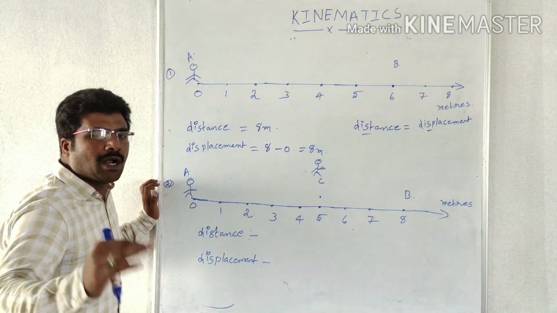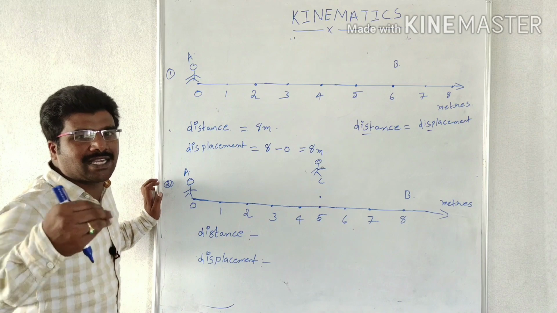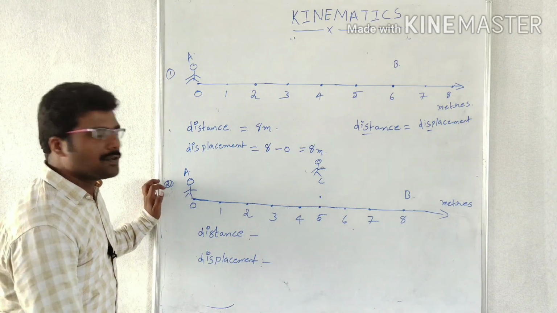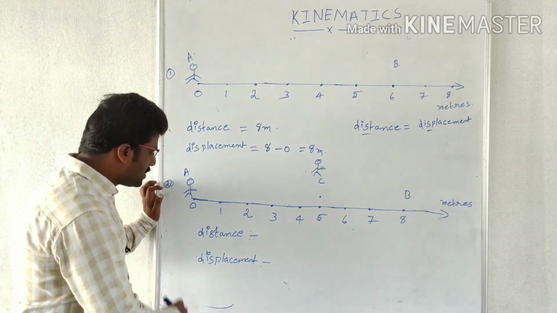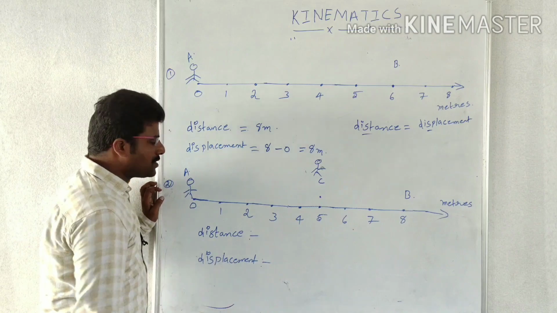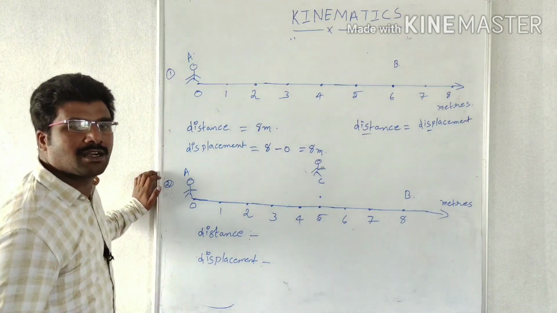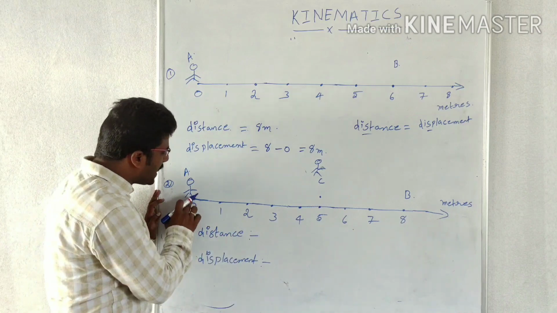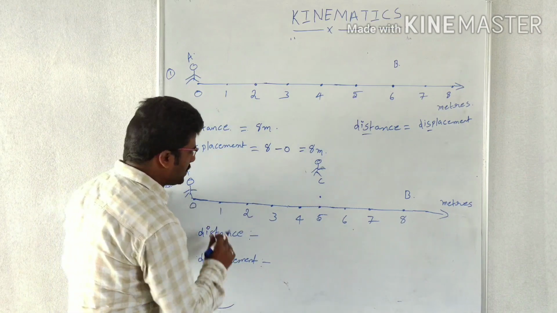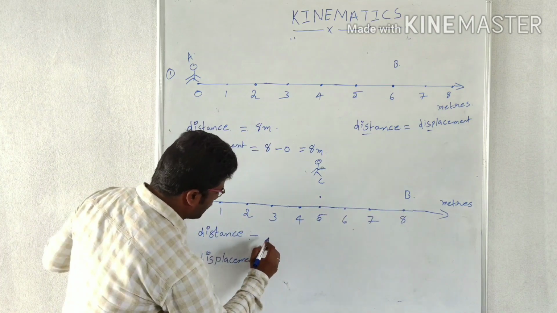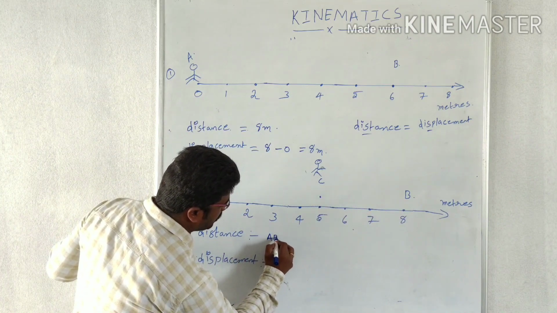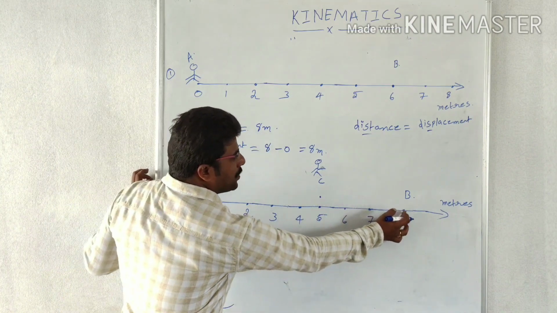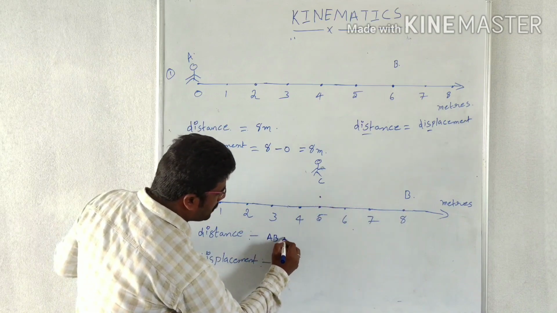Let's pause the video and try to do the problem. After that you can check the answer. Okay, come on. Right, now tell me. We are going to see the answer. So distance is the total path length. First he has moved from A to B, so distance equals AB. Next he has moved B to C, so AB plus